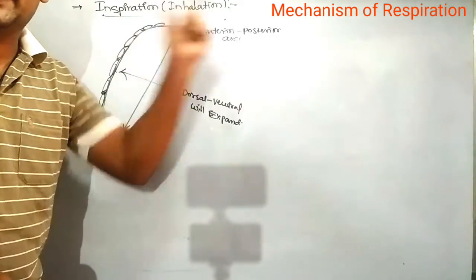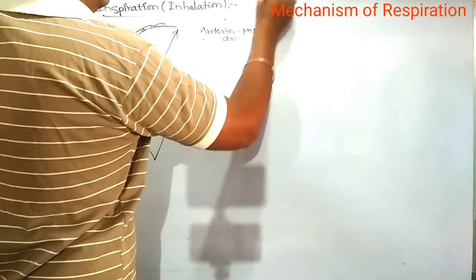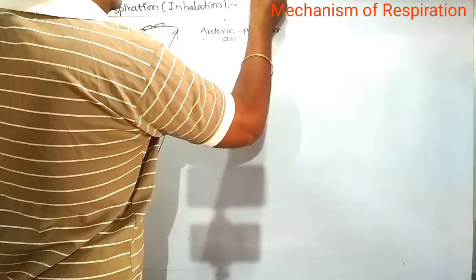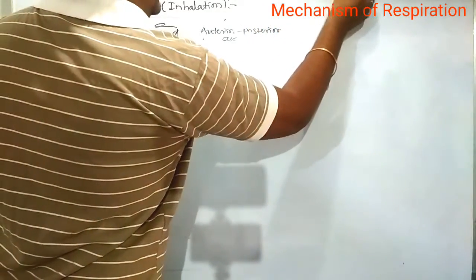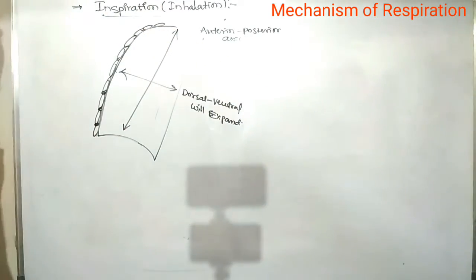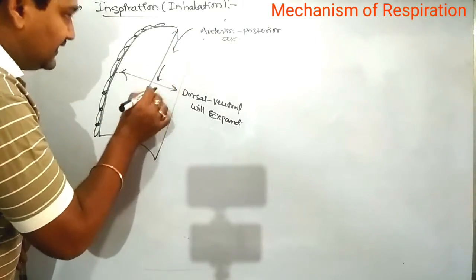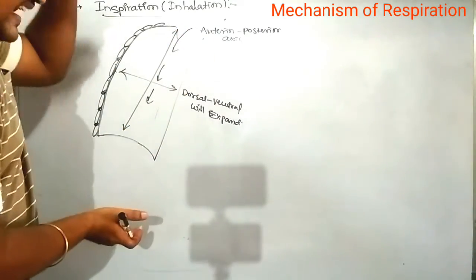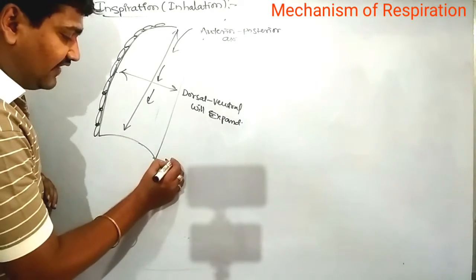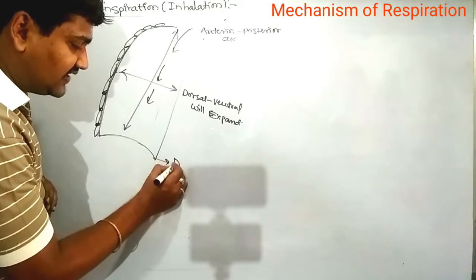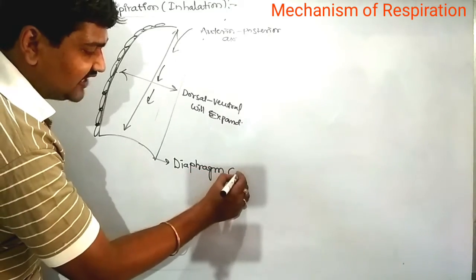The mechanical respiration activities are controlled by the medulla oblongata. This medulla oblongata completely controls the respiratory system of human beings. If you take the gases into our lungs, the anterior and posterior region also will expand. Below the lungs there is an organ known as the diaphragm. The diaphragm looks like a dome shaped structure.